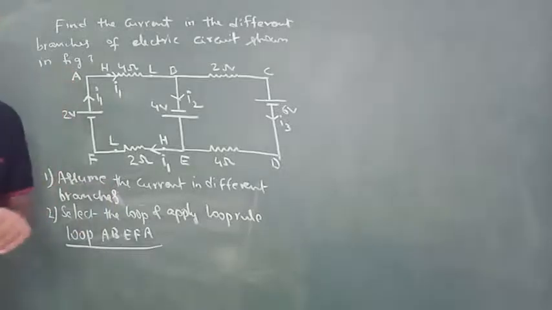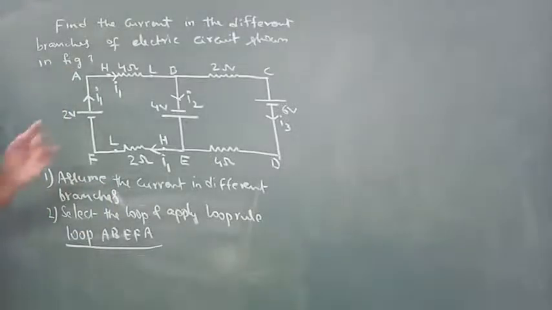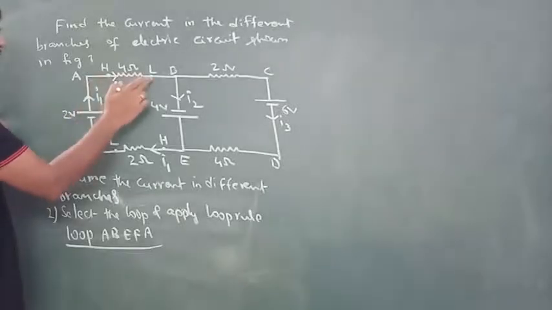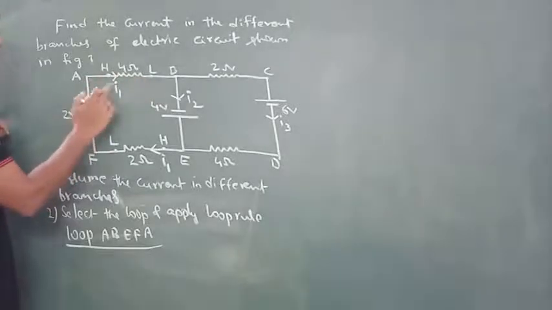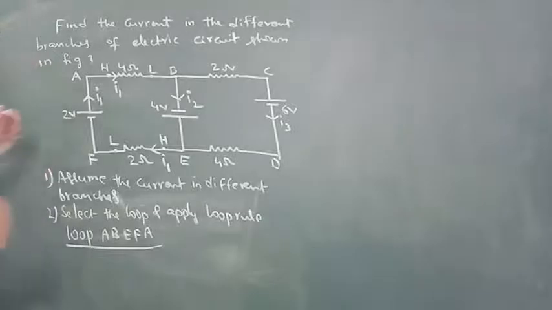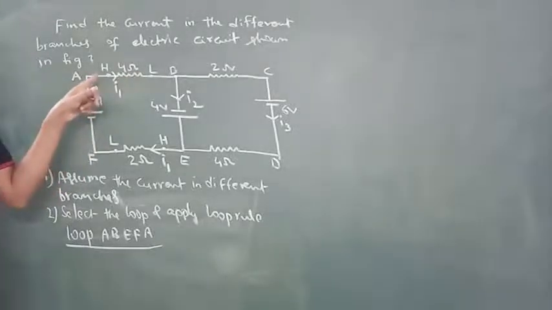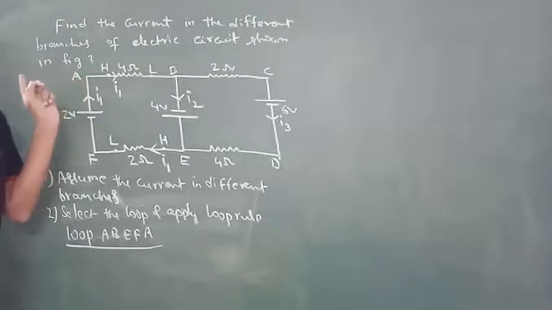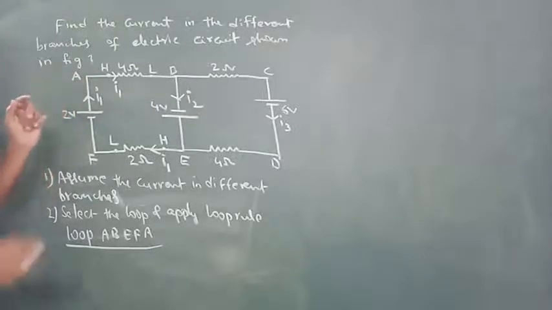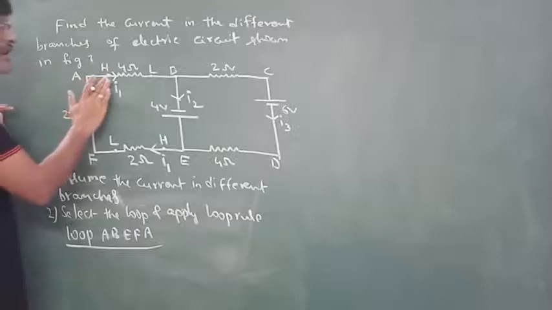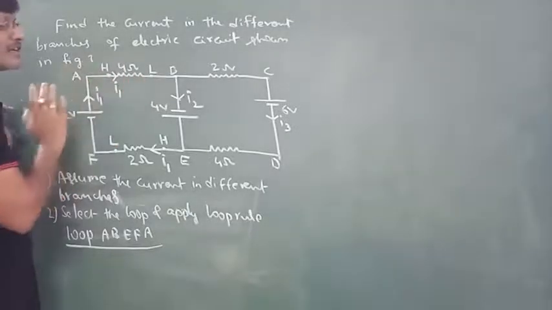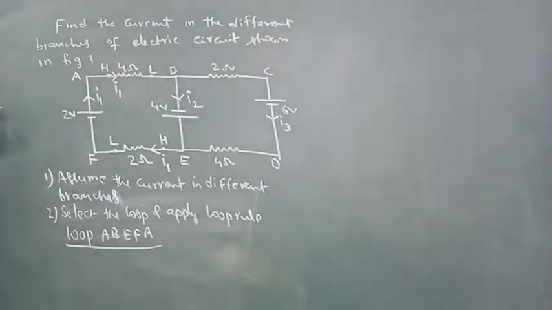H stands for higher potential, L stands for lower potential. These points are marked on the basis of the direction of assumed current. So assumed current is flowing from A to B. According to the concept, it always flows from higher potential to lower potential. So this point is marked as H, this point is marked as L. According to the sign convention,